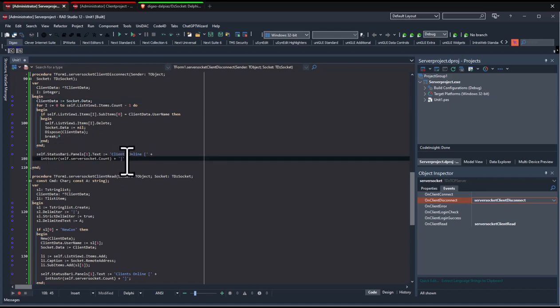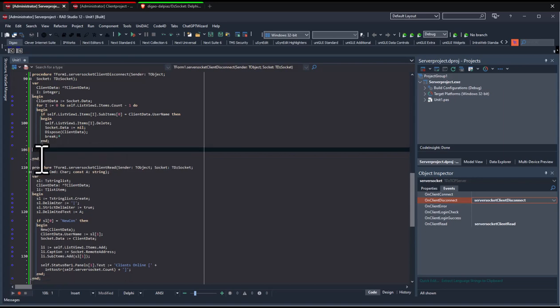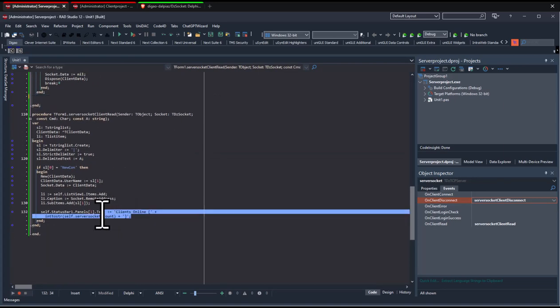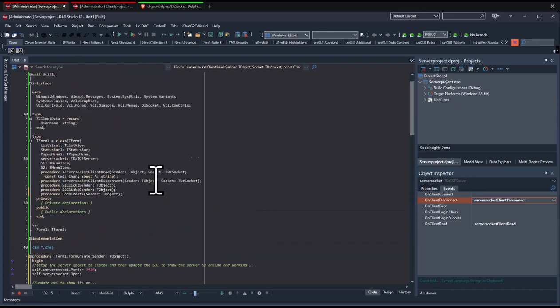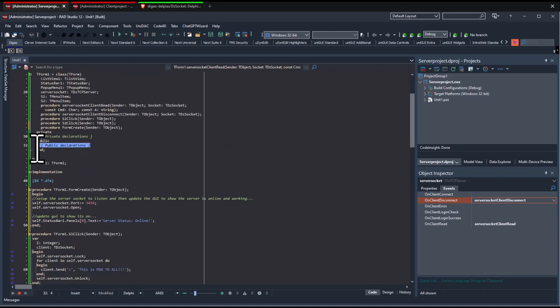To be honest with you guys, I don't like this. I'm going to take it out and make it really simple for ourselves. Let's just erase this out of here. I don't like the way the socket keeps up with stuff, because if the procedure's not over, it doesn't actually take down the count, and I don't want to call a different procedure to do anything, so I'm just going to call